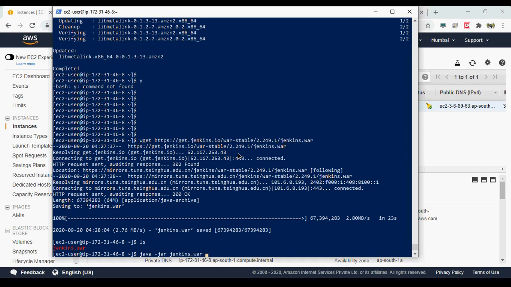Okay, so here we have a Jenkins path: java -jar jenkins.war. We can run it here, or we can run it as a background process. If we use the ampersand operator, it would run as a background process.